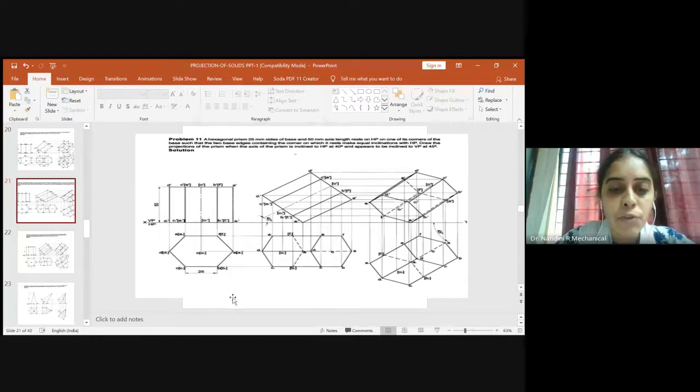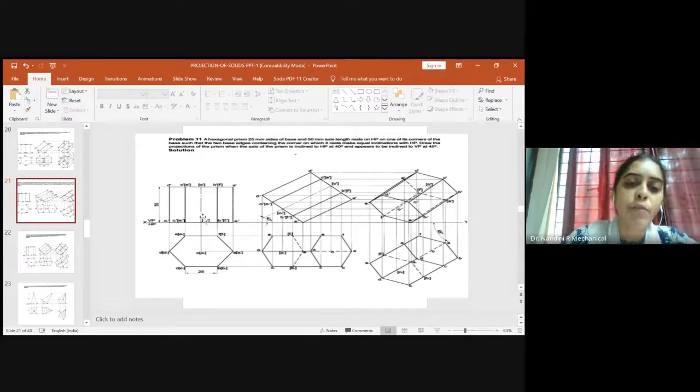So when the observer views from here, A1 will be visible. When it comes to the front view, it will be A1 dash. So this is for the bottom surface. Similarly, when it is viewed for the top surface, you have to do the naming accordingly. So the top is related to D, C, B, A, F and E. So when the observer views from here the top surface, D will be visible.